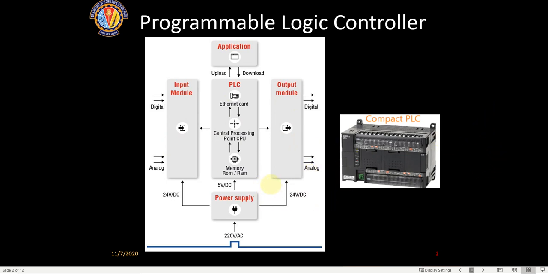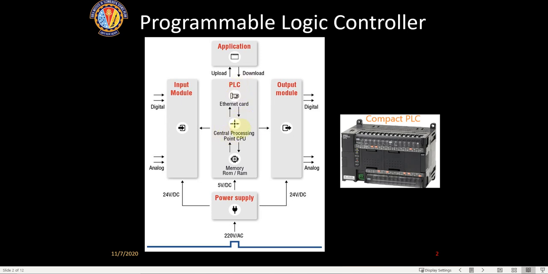What we are interested in, because you might learn the rest subsequently in your higher courses, is this: since we have done a little bit of digital electronics, we are interested in how these digital signals are processed inside the PLC. That's all. We are not going to understand the whole functioning of the logic controller, which we might take on in the next course in microprocessors, towards the end of the course. For the time being, we are only interested in the digital input data and how it is being processed. That gives a small practical application of the theory we have studied.